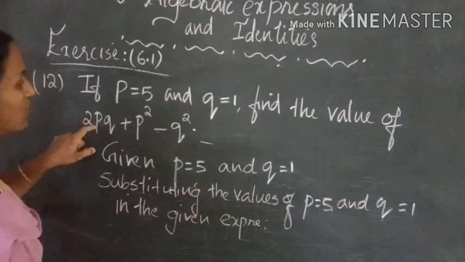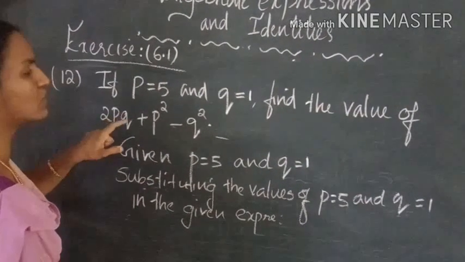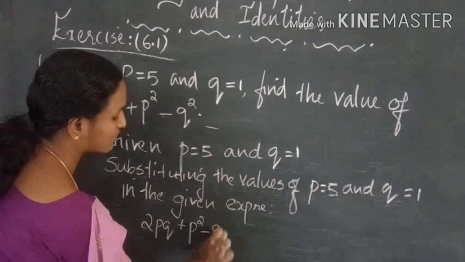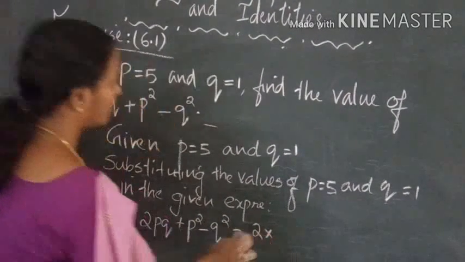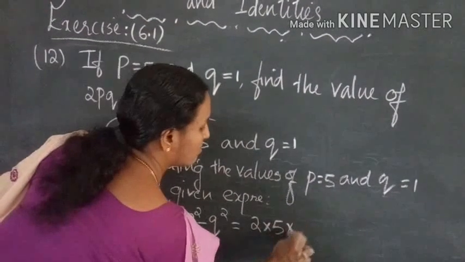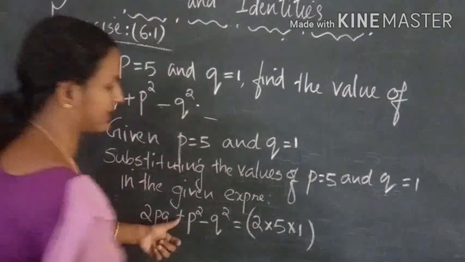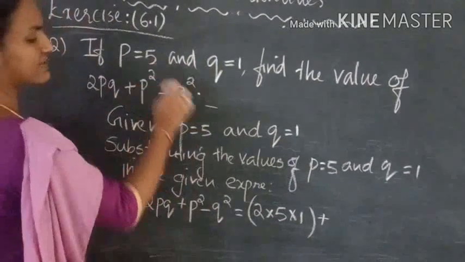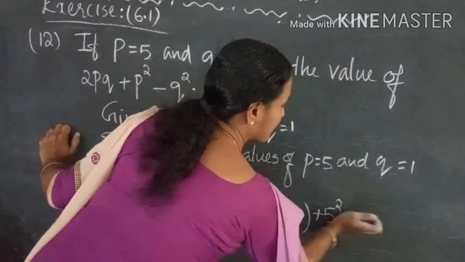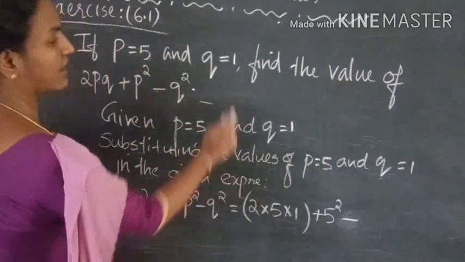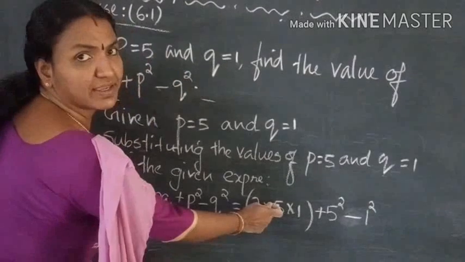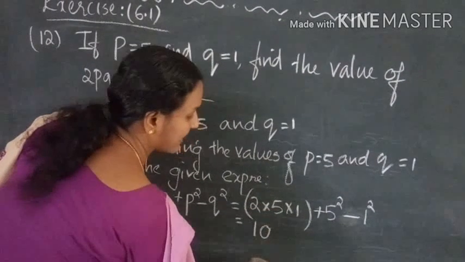So 2pq, 2 into p into q. 2pq plus p square minus q square is equal to 2 into, the value of p is 5, the value of q is 1, 2 into 5 into 1 plus p square is 5 square, minus q square, 1 square, is equal to 2 into 5, 10, 10 into 1, 10 plus